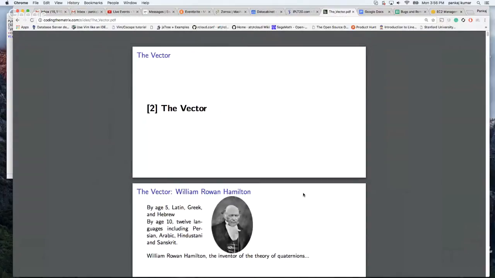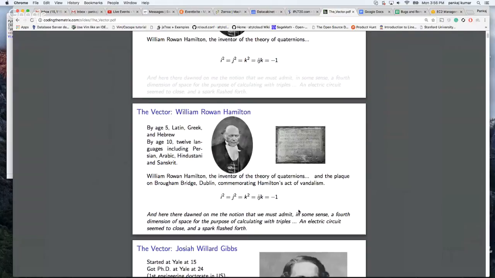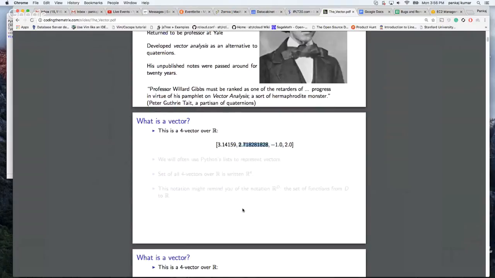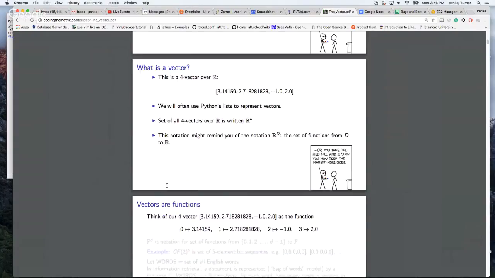This is a quick recap of chapter 2 about vectors of the book Coding the Matrix, and this is accompanied by the Jupyter notebooks that I'll also be sharing. So let's get started. Initially, the chapter begins with